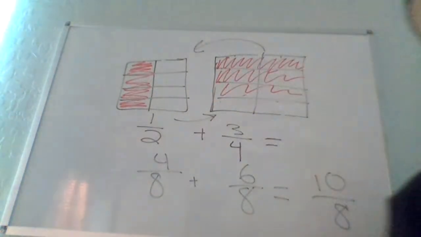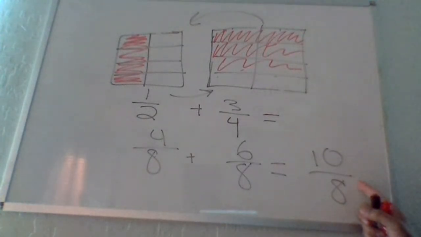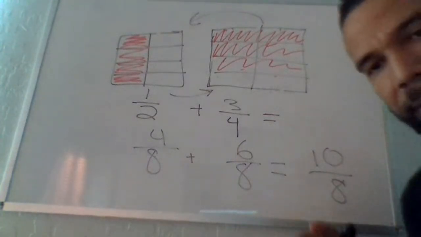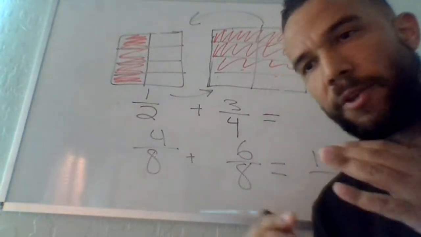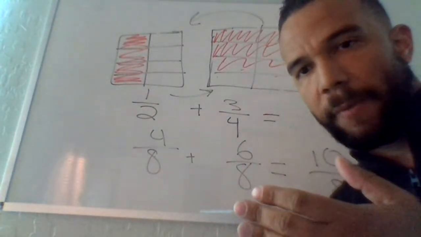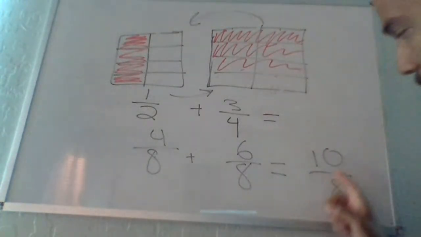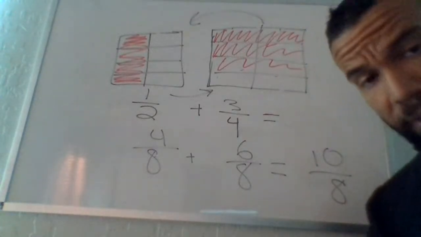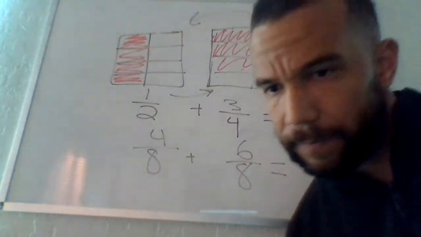All right. Okay. Perfect. So what you see here is what is known as an improper fraction. Why? Because the numerator is bigger than the denominator. Some of this is going to sound like review, but again, when we're working with equations, you have to understand not only what a fraction is, but what you prefer to work with. There's going to be moments where an improper fraction is going to be easier to use. There's also going to be moments where you're going to want to use a mixed number.